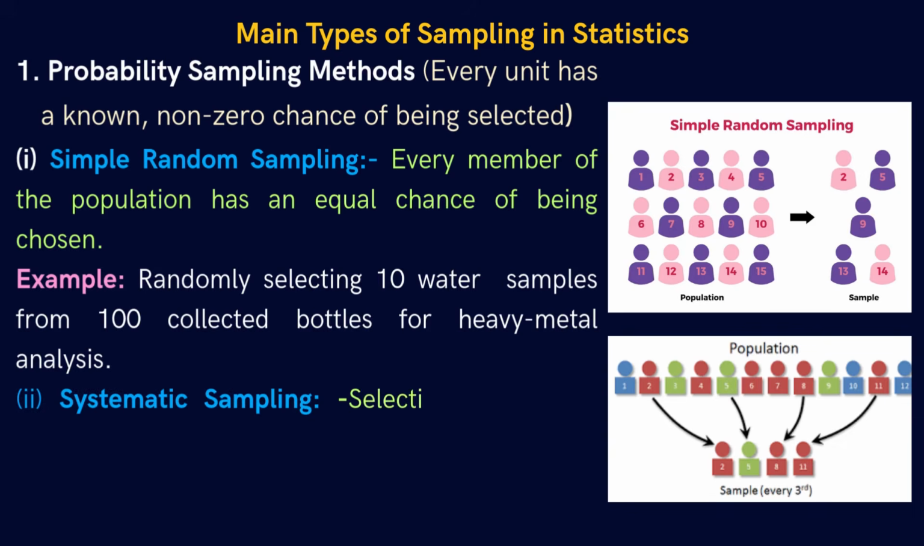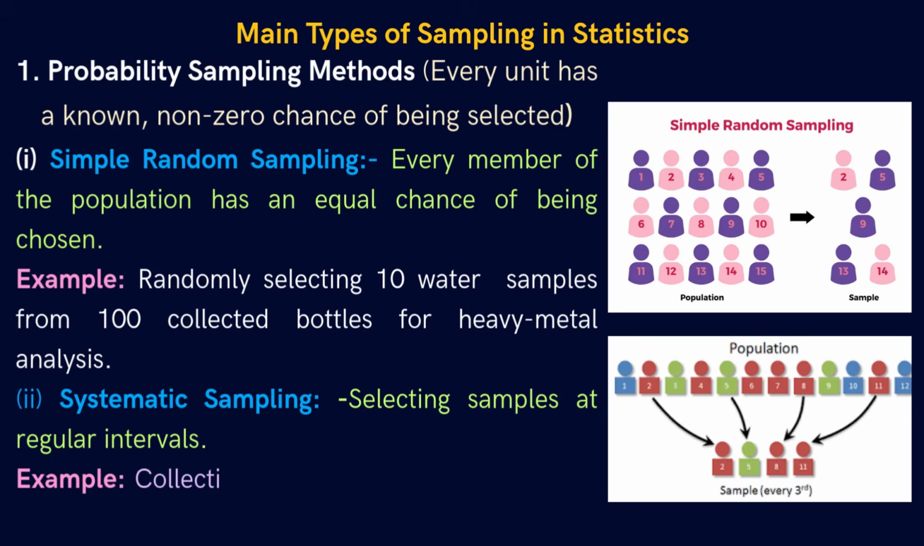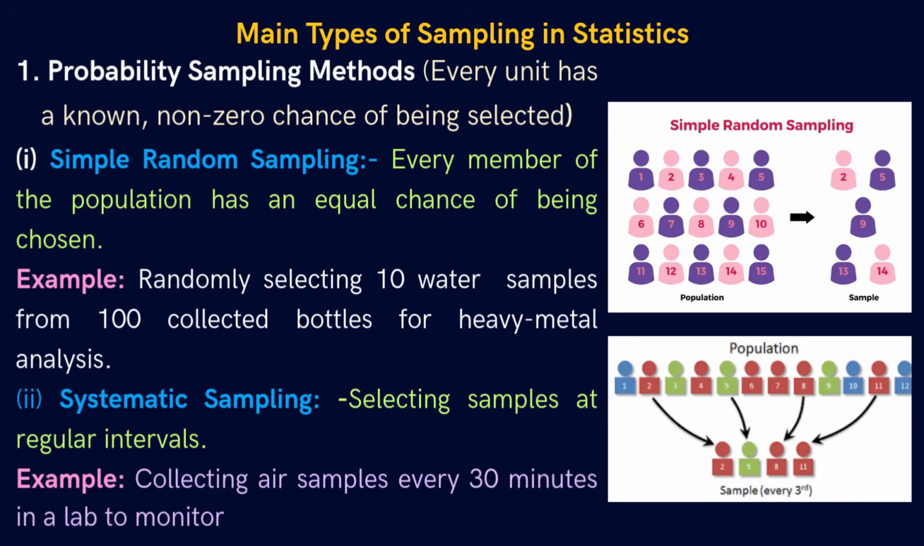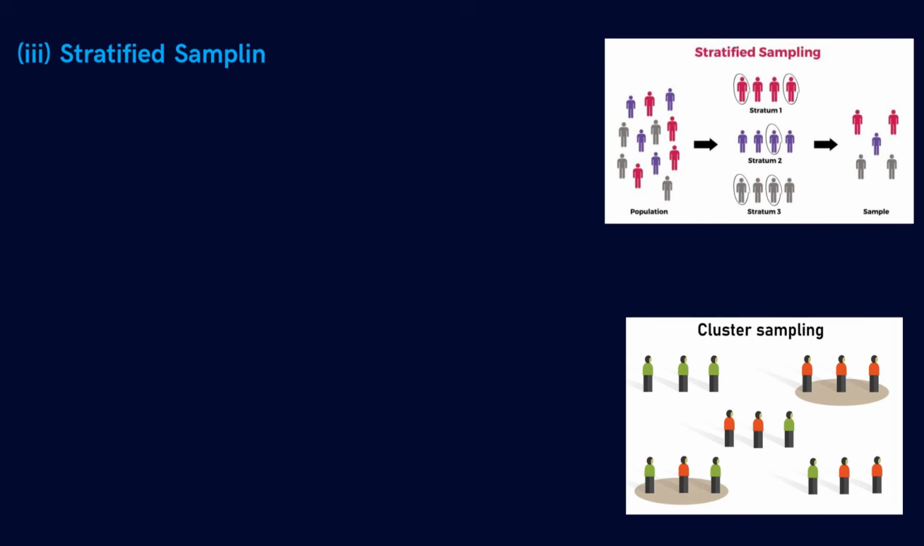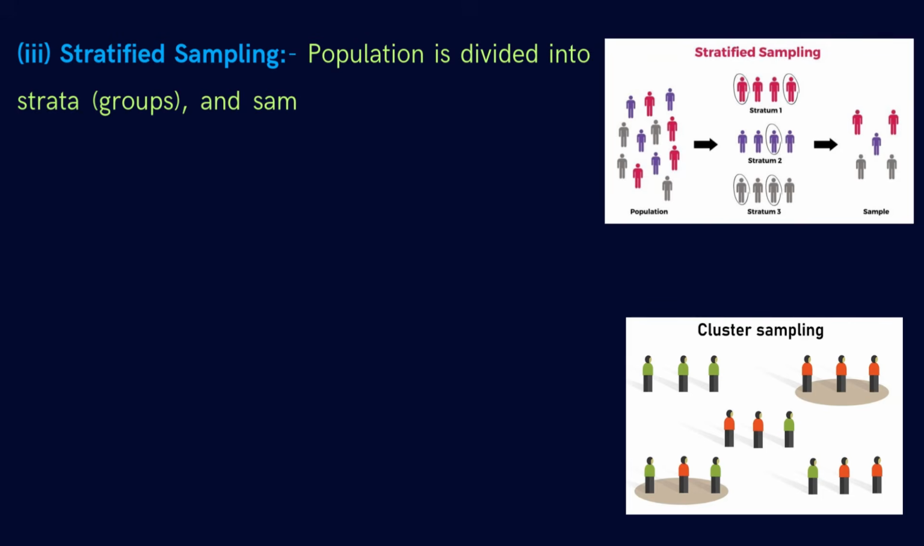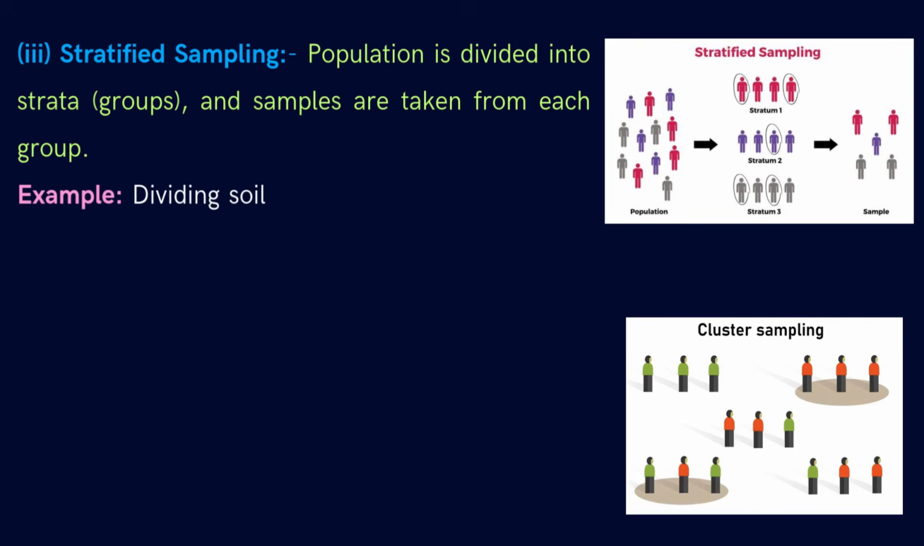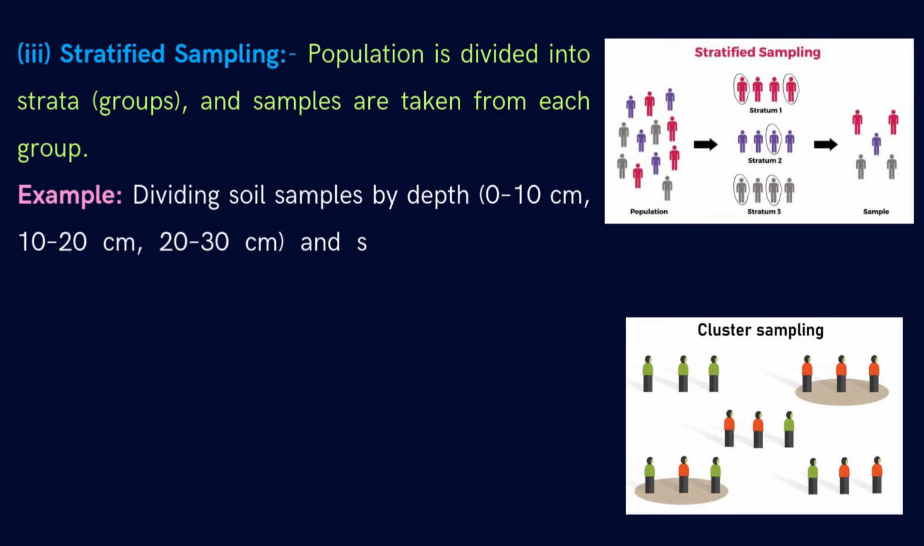Second one is systematic sampling, selecting samples at regular intervals. Example: collecting air samples every 30 minutes in a lab to monitor VOCs. Next, third one is stratified sampling. Population is divided into strata, groups, and samples are taken from each group. Example: dividing soil samples by depth, 0 to 10 centimeters, 10 to 20 centimeters, 20 to 30 cm, and sampling